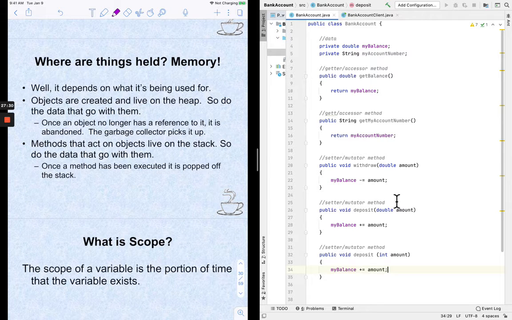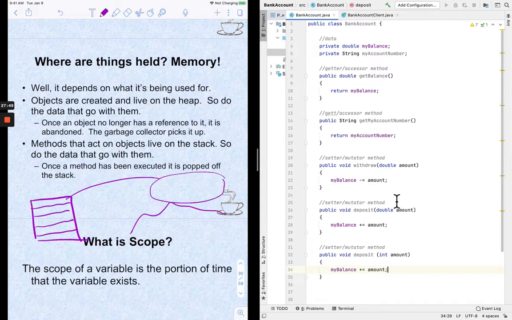Where are things held? All right, objects live out here on the heap. So when I've been drawing this, I actually have been drawing a stack and a heap. I just haven't been very specific about it. Here's the stack. Here's the heap. Objects live over here on the heap. Okay? They have, let's say,